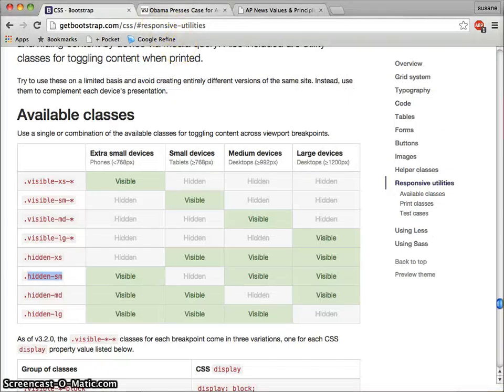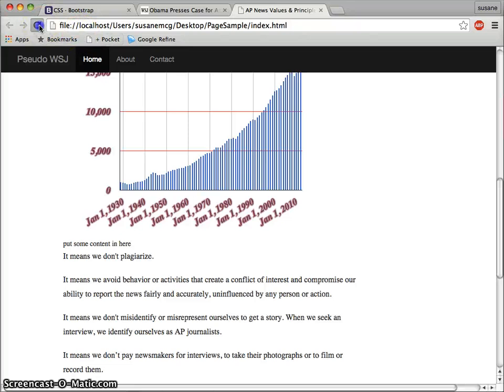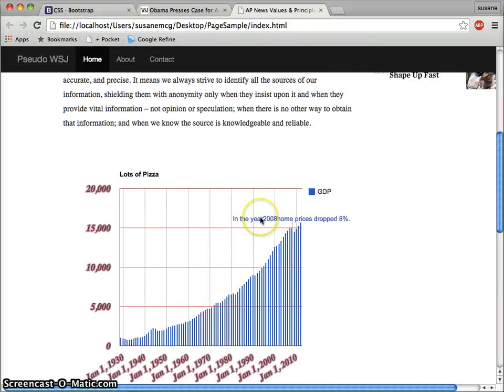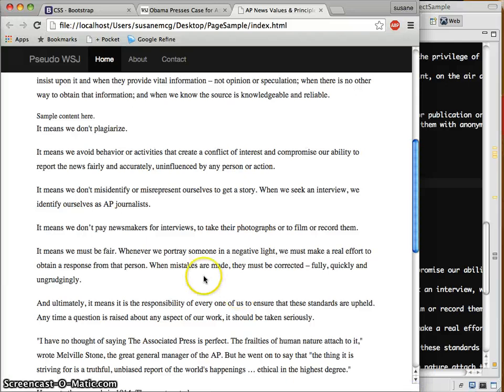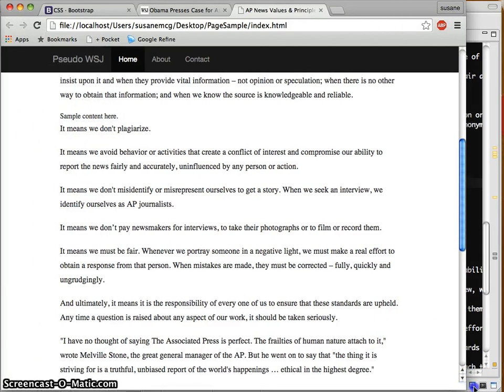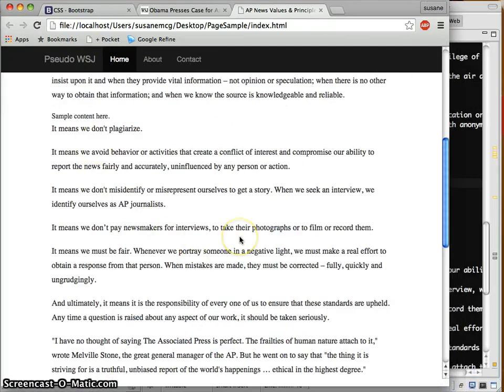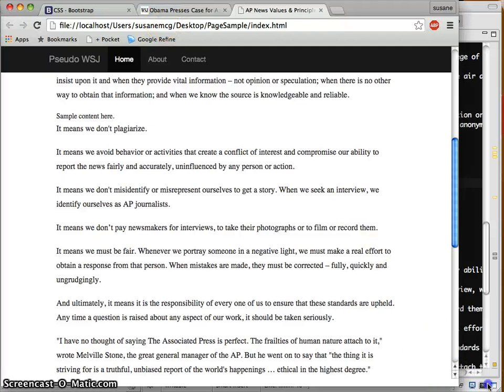I'm going to reload the page and see what happens when I start resizing. So the first good sign is that I'm not seeing my quote-unquote small content, which is just that text that says sample content. And then the real test is if, as I resize, we see that the medium size visualization disappears and we get just the text. So in your examples, that's probably going to be, in fact, maybe a completely different visualization, right? And all you would have to do for that would be to